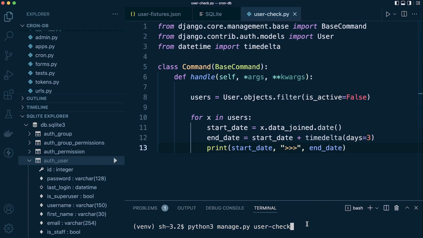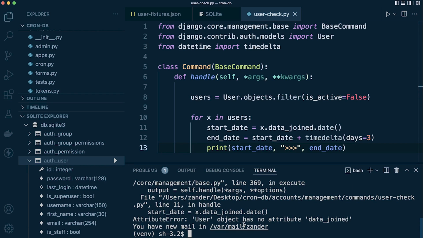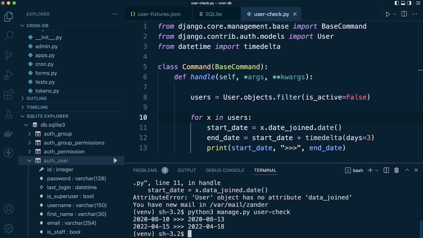So let's see this in action. Right, so we're going to run the command: python manage.py user check, and that's going to print off... It says user object has no date. Oh, okay, sorry, date_joined. That'd be why. So let's run the command again, and this time you can see that there are 2 users,